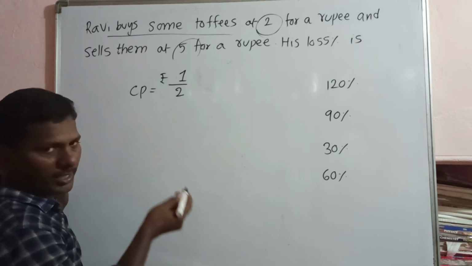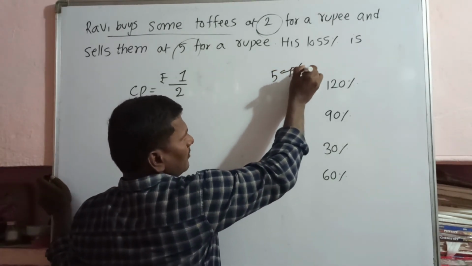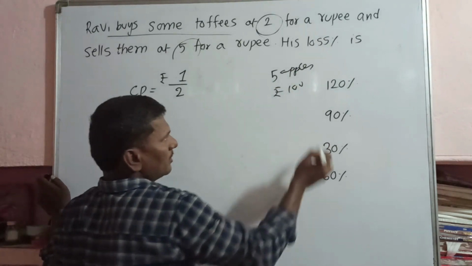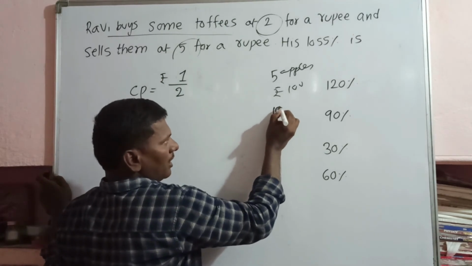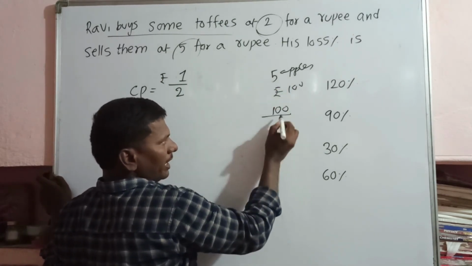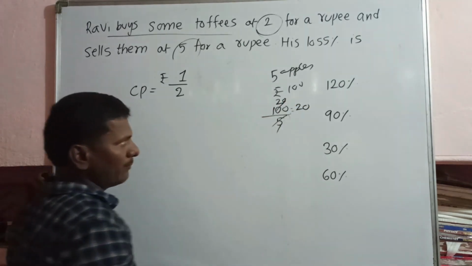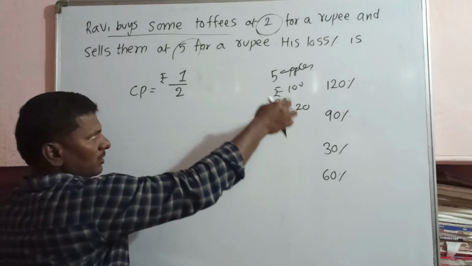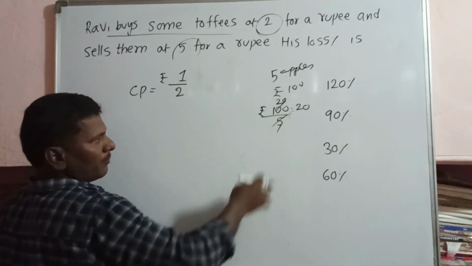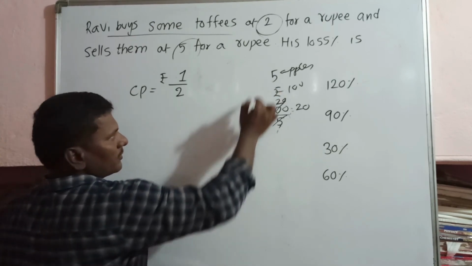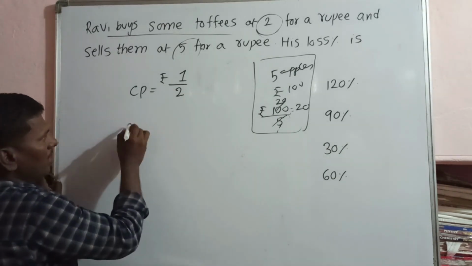Next, why we write like that? Suppose I bought 5 apples for 100 rupees. To get cost price of 1 apple, first I have to write 100 in numerator, then I divide by 5. 5 ones, 5 20s. So each apple is 20 rupees. If you observe this small example, money is written in numerator, number of apples written in denominator. So using that thing, I wrote like this. Next, selling price.